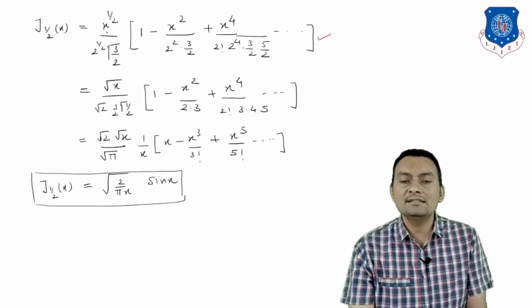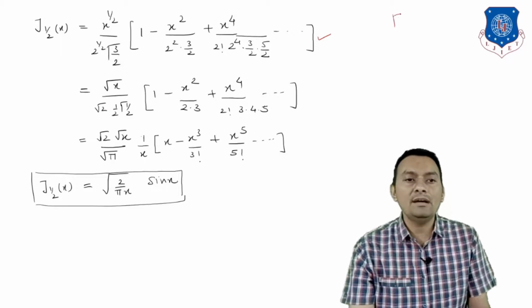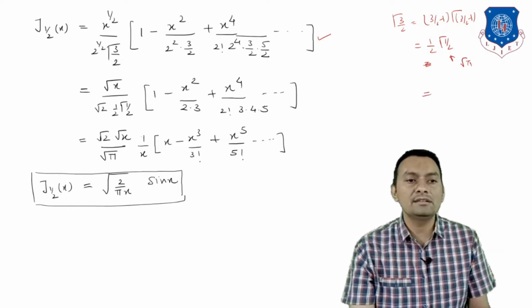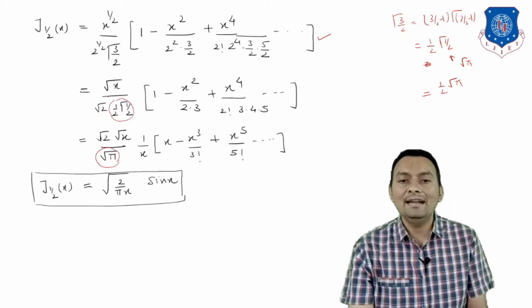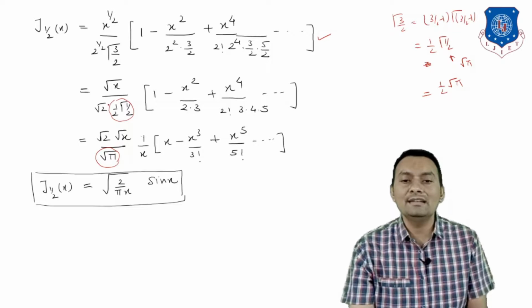Now just simplify. This is the square root of x divided by square root of 2, and gamma 3 by 2 is what? That is 3 by 2 minus 1, gamma of 3 by 2 minus 1. So this is what? 1 by 2 gamma 1 by 2, but we know that this is exactly the square root of pi. So our result becomes 1 by 2 into square root pi. So we can use that result and we will have this one that is written over here. But let us see the first simplification, what it can be.